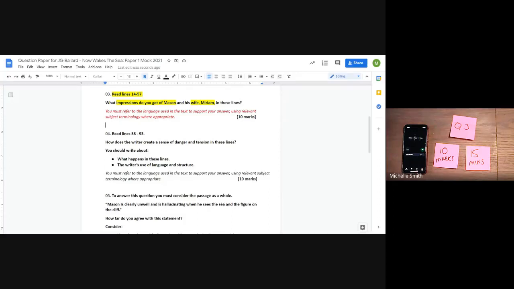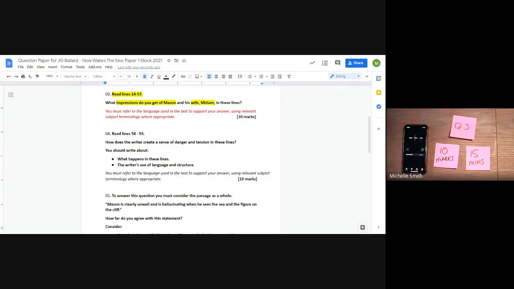What does that mean? That means we need to write more, but it also means we get a little bit more time to do that in. For this question, I would recommend that you spend about 15 minutes. So for question 3, because it's 10 marks, 15 minutes, because remember, you've got to write down 8 points supported by 8 different quotes. That would be a really good target to aim for.